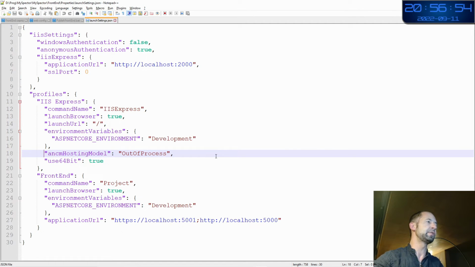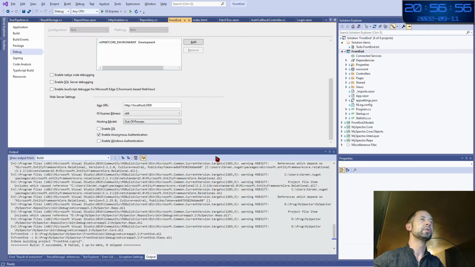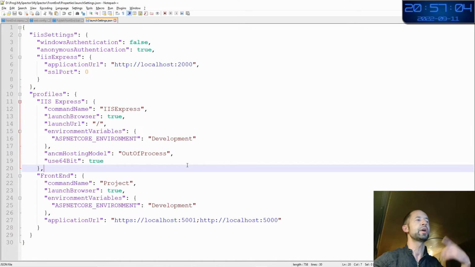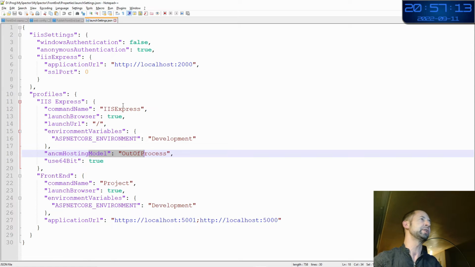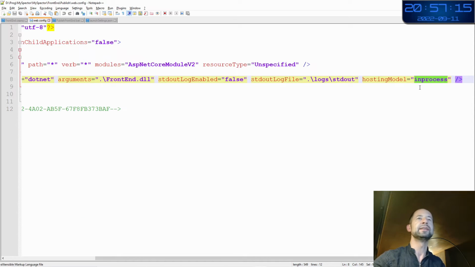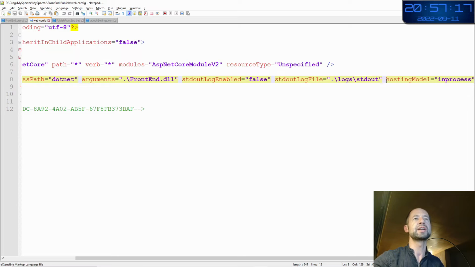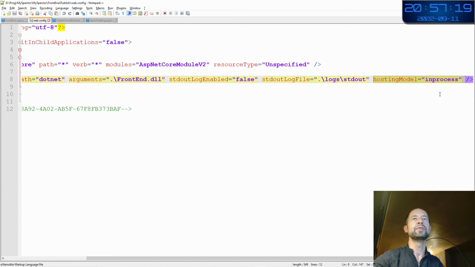So this entry in the UI of Visual Studio, this line here, out of process, is only impacting the launching when we are debugging. The important thing is to go elsewhere, which will impact the web.config that I see here, because in fact logically this should have the value now out of process.